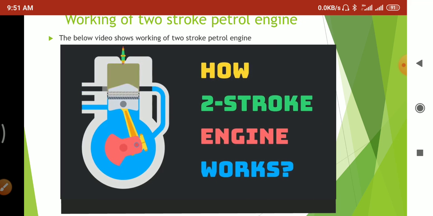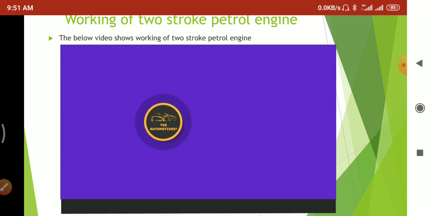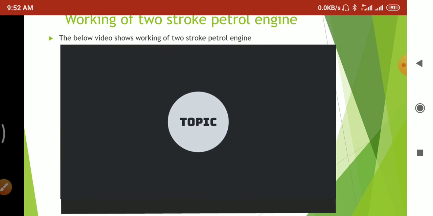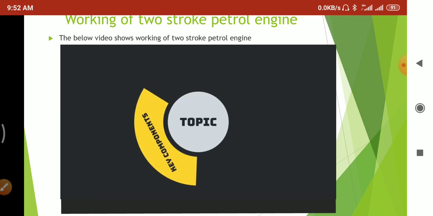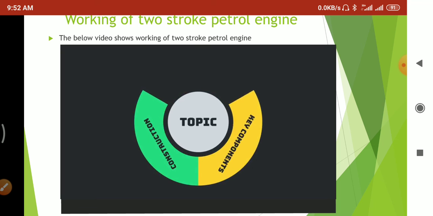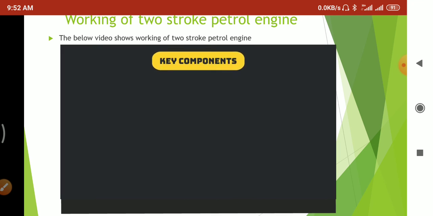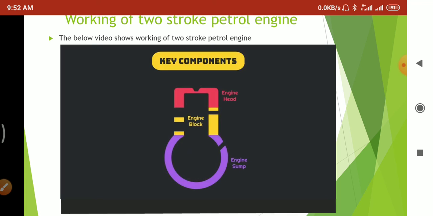The principle of working of two-stroke petrol and diesel engines remains the same, but the difference is that in a petrol engine the mixture of air and fuel enters the cylinder, and in a diesel engine only fresh air enters. In a petrol engine a spark plug is required to ignite the fuel, but in a diesel engine a fuel injector injects the fuel into the compressed air. Due to the high temperature of the air, the fuel ignites and produces hot gases that push the piston downward. That is called the power stroke.